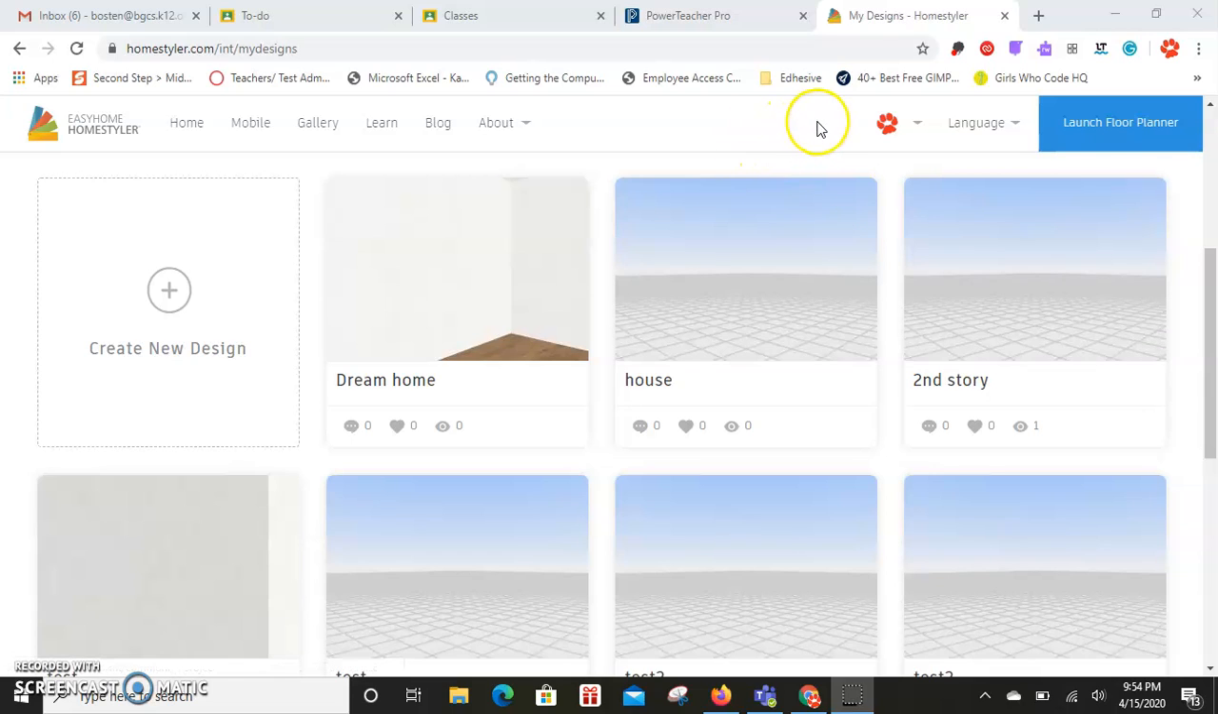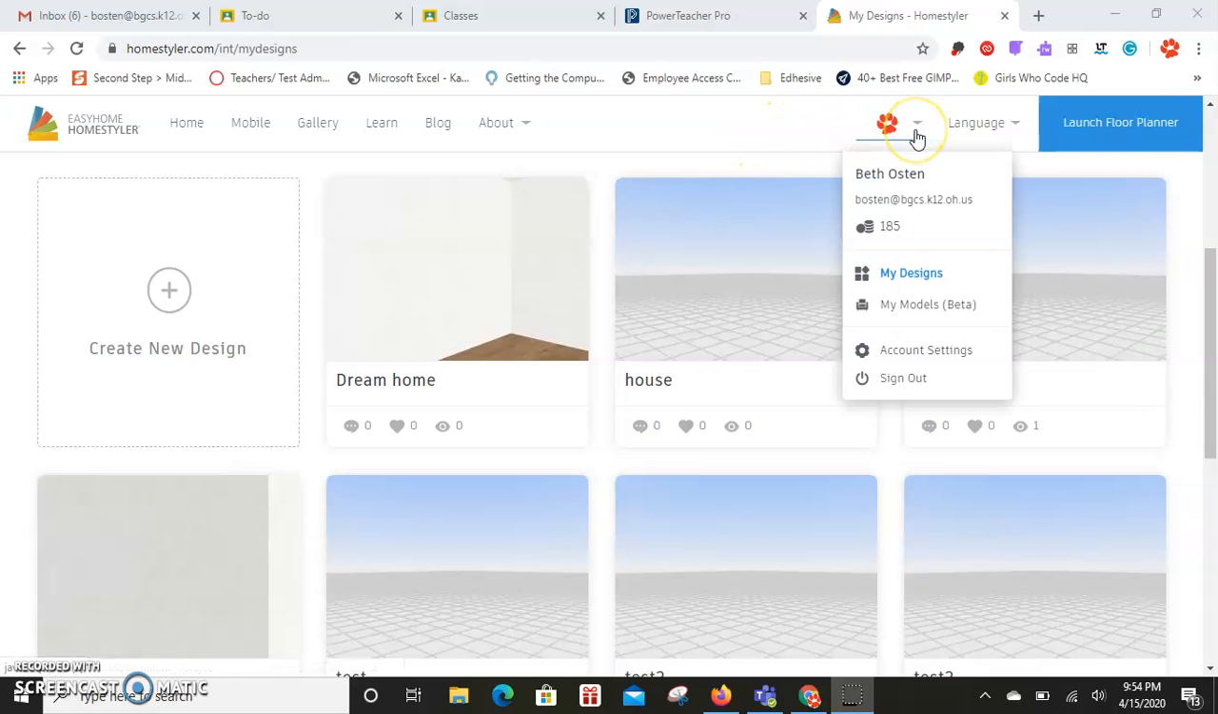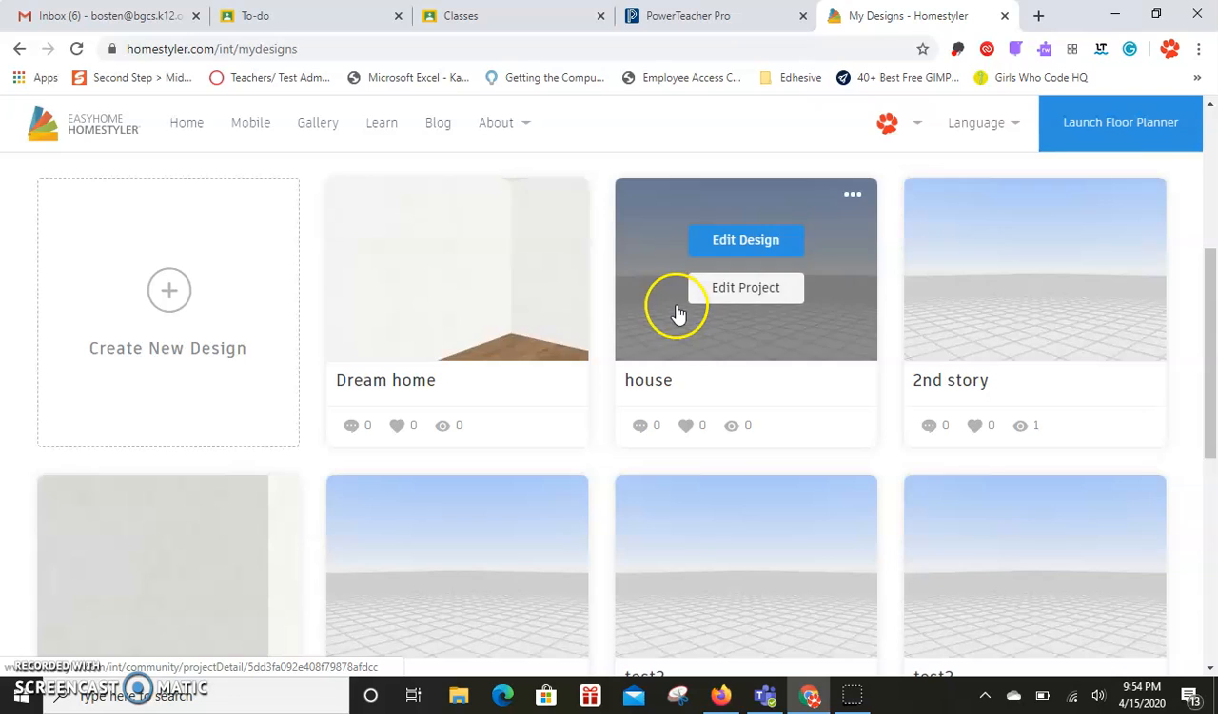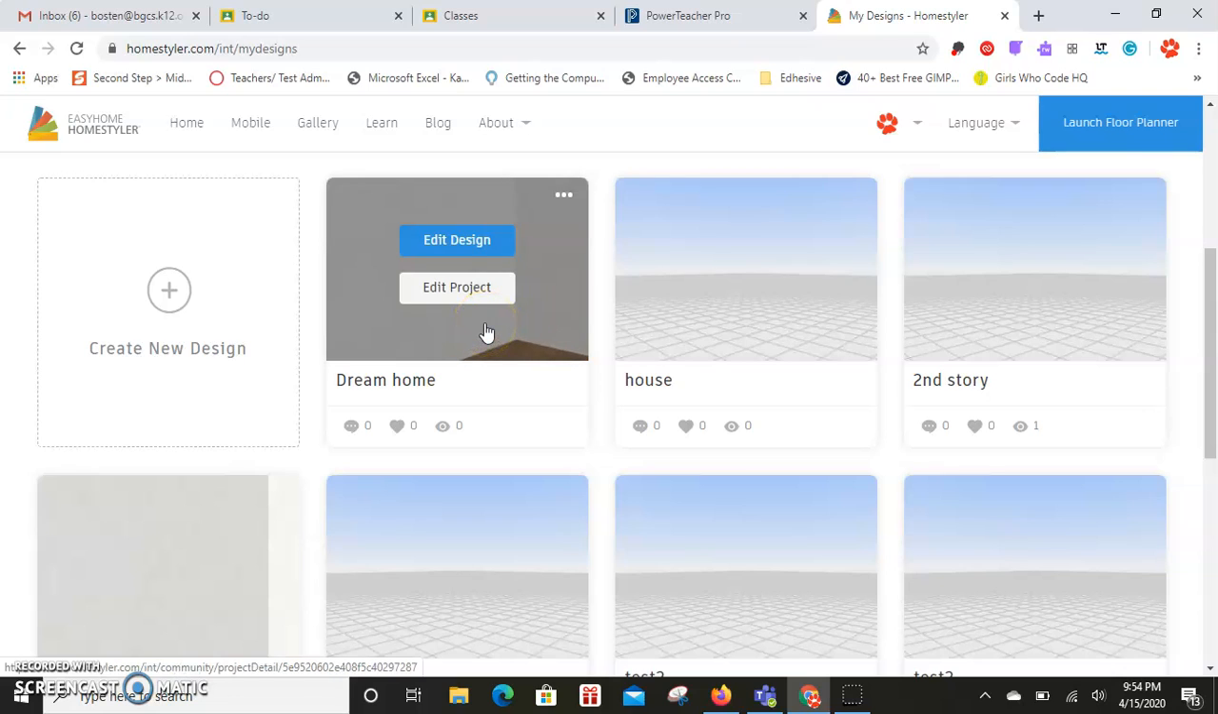When you are all done with your basic floor plan and you click on your login icon and go to the My Design section, you should see the house design that you are ready to turn in. If you go and click on Edit Projects,